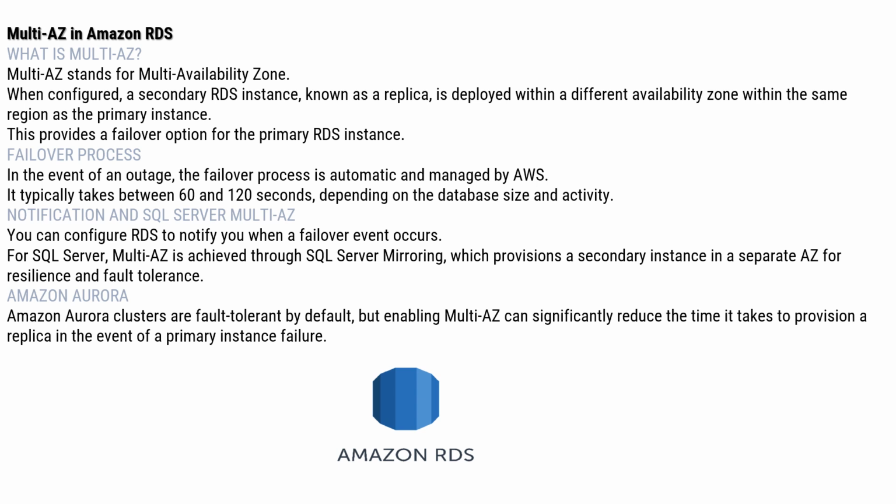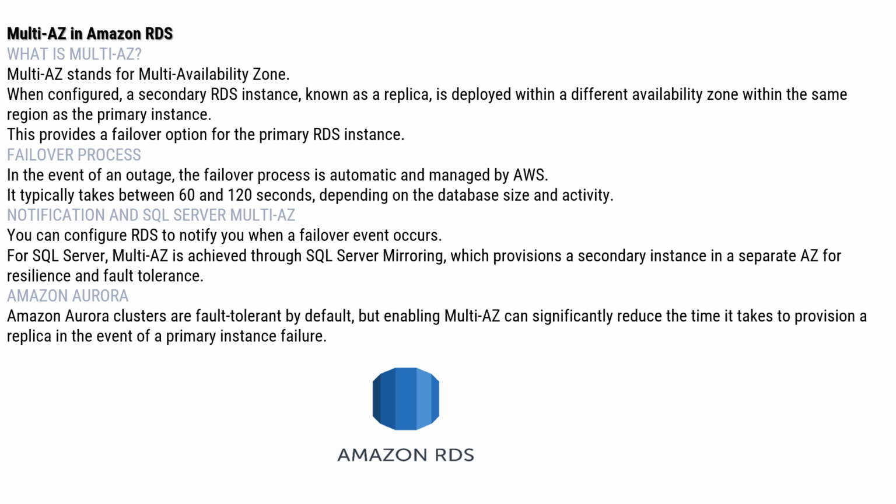In the event of an outage, the failover process is automatic and managed by AWS. It typically takes between 60 to 120 seconds depending on the database size and activity. You can configure RDS to notify when a failover event occurs. For SQL Server,